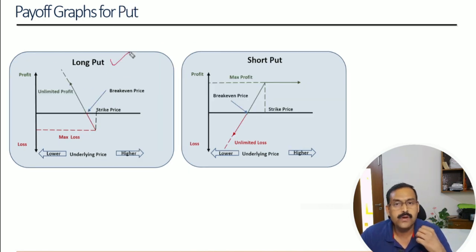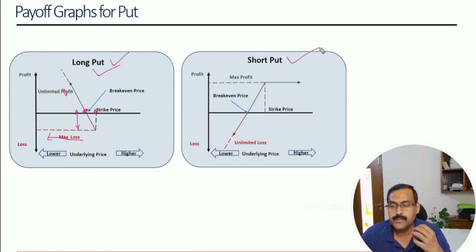Coming to the long put option payoff graph, let us assume that you have gone long in the put option at this strike price. So what are you expecting? You are expecting the market or the instrument to go down so that you can make money. So what is the max loss here? Again, the premium that you have paid. So this is the maximum loss. And the break-even point again here is the strike price minus the premium that you have paid. Here is the break-even point. And if the market starts going down, you will start making unlimited profit. So this is the long put option payoff graph.